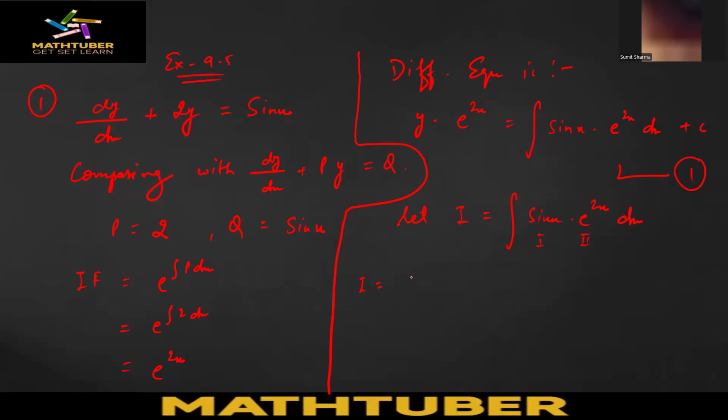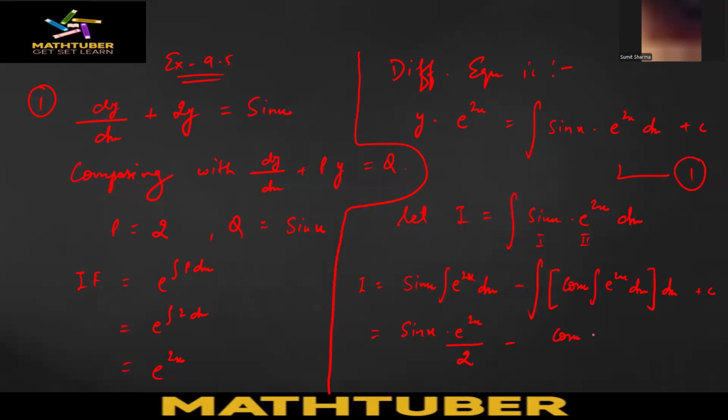So I will be equal to sin x into integration of e raised to power 2x dx minus integration of differentiation of the first function, that is cos x, into integration of e raised to power 2x dx plus c, right? Which is equal to sin x into e raised to power 2x upon 2 minus